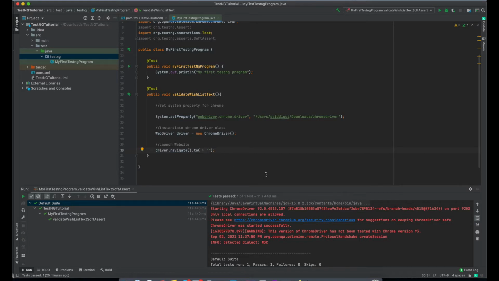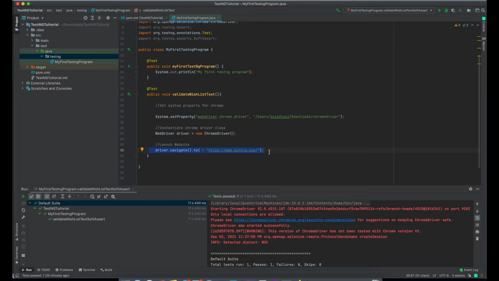It's a very simple process. We just need to set the property, and it's not only the Chrome driver, you can set the property for Firefox driver, IE driver, any driver that you want to automate. Just create the object of that driver, and then navigate to the website that you want to automate.